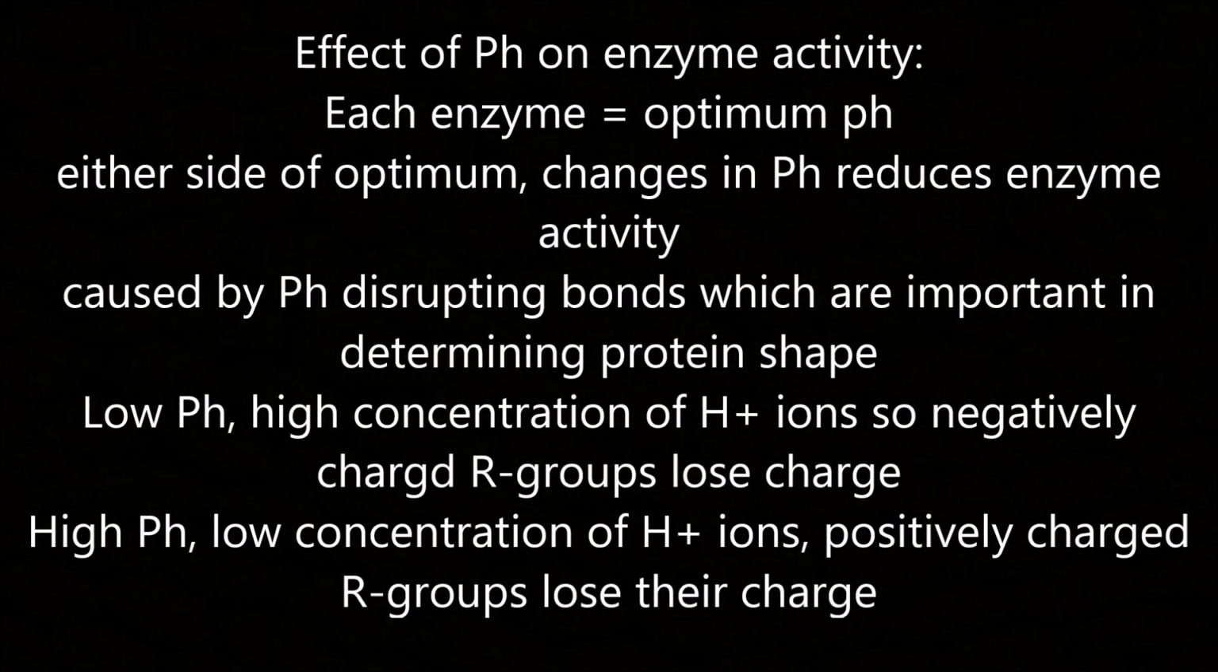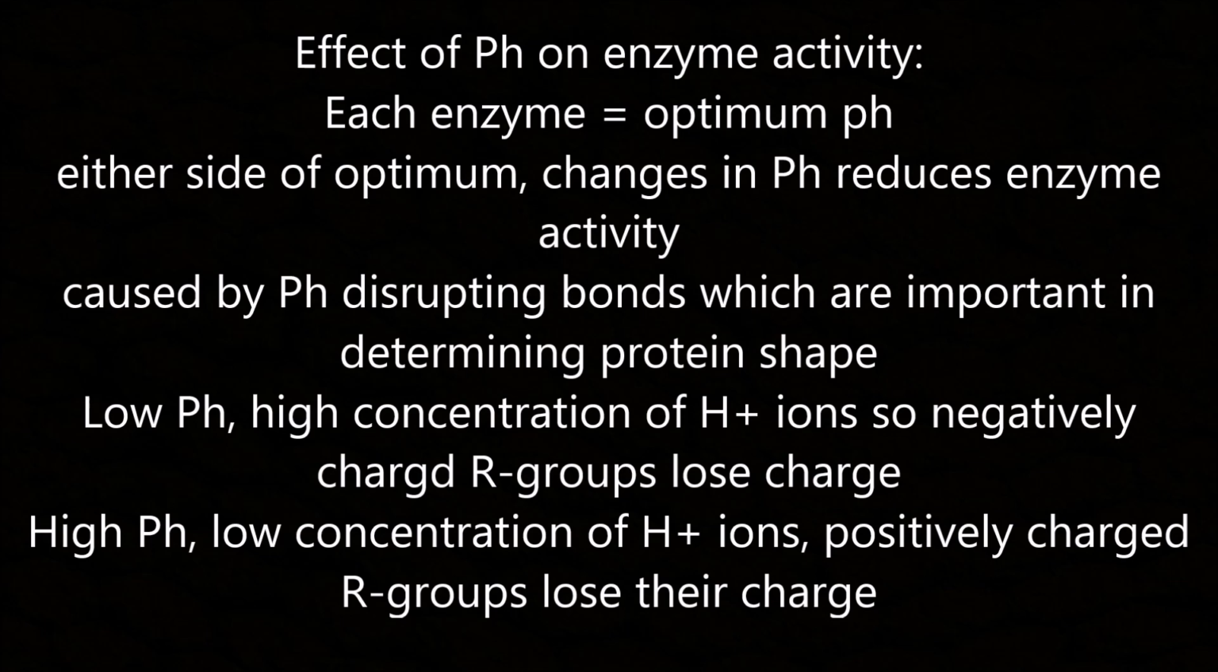The effect of pH on enzyme activity. Each enzyme has an optimum pH, and either side of this optimum, the change in pH reduces enzyme activity. This is caused by the pH disrupting the bonds which are important in determining the protein shape. At a low pH there is a high concentration of H+ ions, so negatively charged R groups lose their charge, but at a high pH there is a low concentration of H+ ions, so the positively charged R groups lose